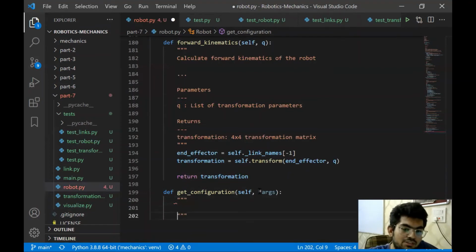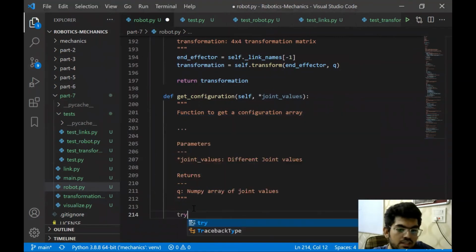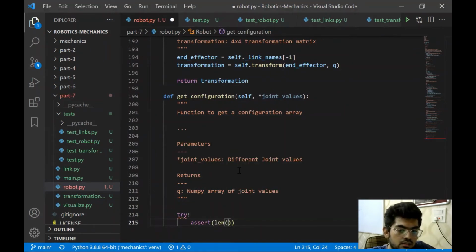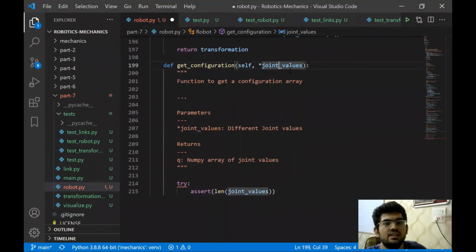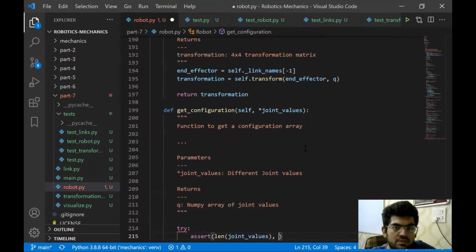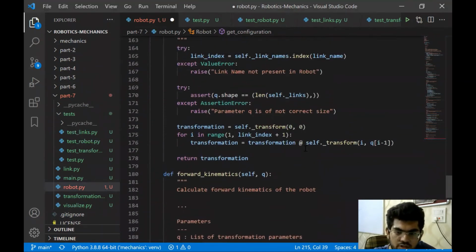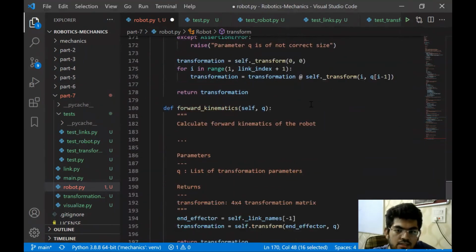Let's see how we can do that. First of all, let's write some documentation. All right, now the first thing we are going to check is we are going to assert its length. When we use this star argument in our functions, this joint values is actually a list which we can iterate over. So if we check its length, we are going to check how many parameters the user provided. Now, how did we do that? Right, we can just check this.